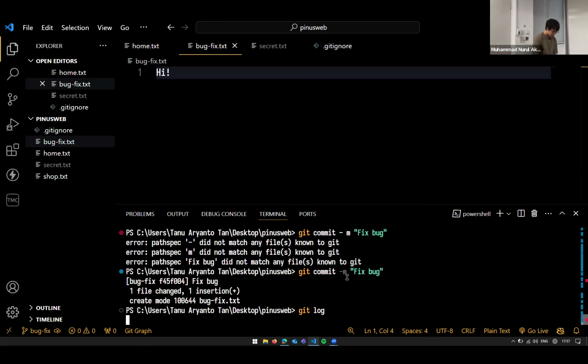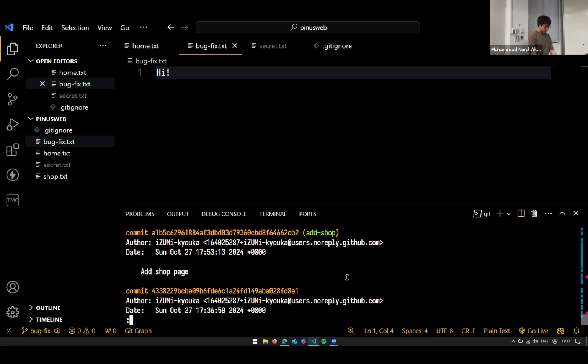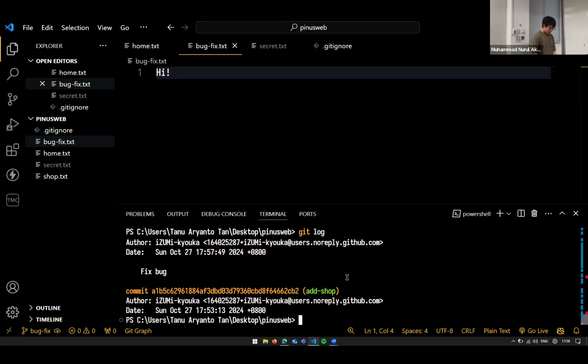We see the history is like this, and remember, this isn't in the add shop branch. This is only in the bug fix branch, and let's say we want to merge it back to the add shop branch. After we finish this bug fix, we want to go back to the add shop branch